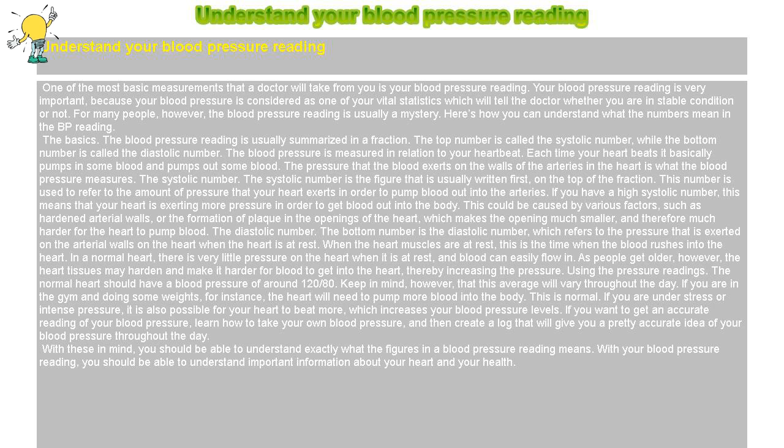The diastolic number. The bottom number is the diastolic number, which refers to the pressure that is exerted on the arterial walls on the heart when the heart is at rest. When the heart muscles are at rest, this is the time when the blood rushes into the heart. In a normal heart, there is very little pressure on the heart when it is at rest, and blood can